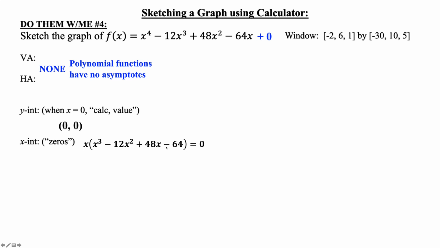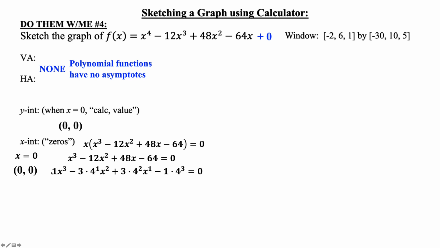So I factored out an x, set it equal to 0. And years of experience gives me a little knowledge here for tricks. I noticed that this x is going to give me an x-intercept of 0, 0. I've got to solve this trinomial, and you could probably try factor by grouping, but you're going to notice it's not going to work. But if you look really close at the pattern of the numbers here,